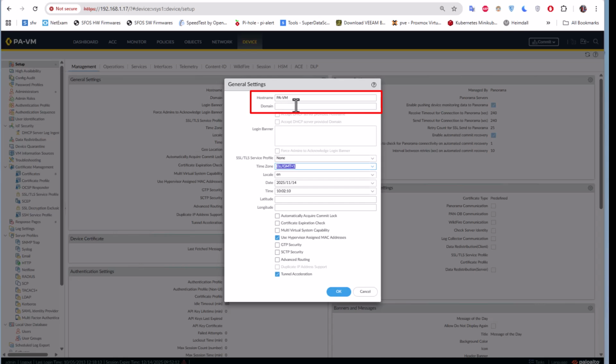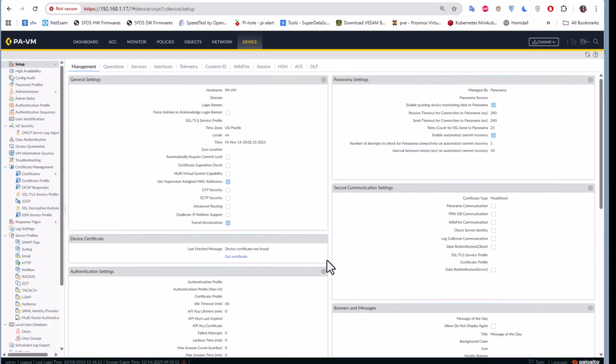And of course you can also input a domain if you are using a domain in your home lab or enterprise. Okay, so these are the most important things for the basic initialization in order to configure your Palo Alto firewall. Okay, and of course